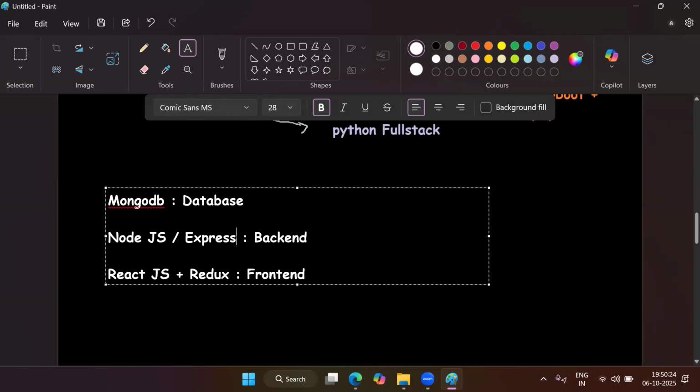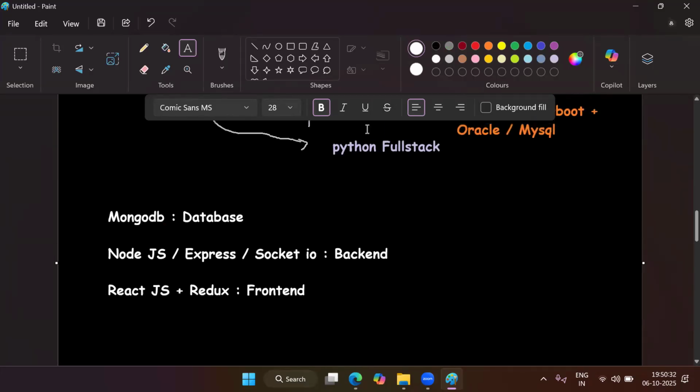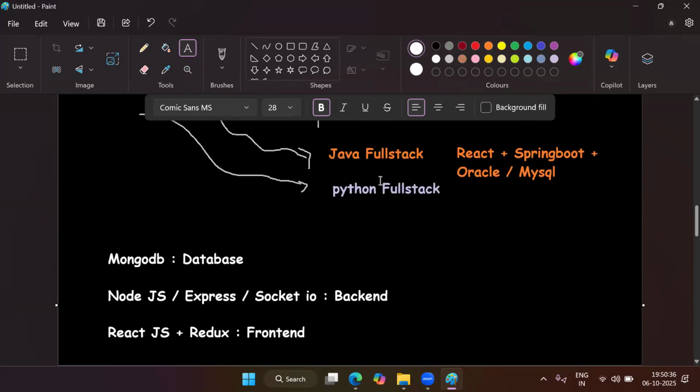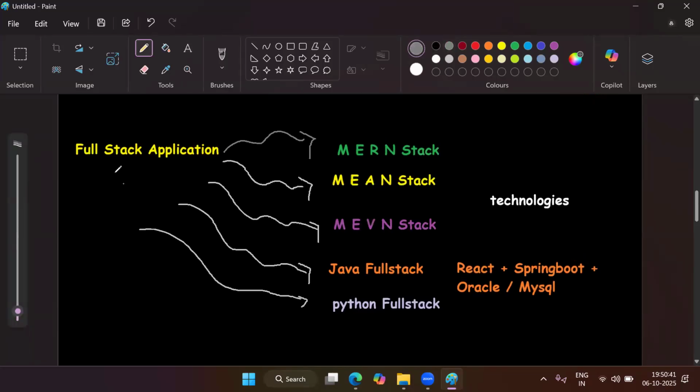And here you will also be using Socket.IO. So this will be the stack using which we are going to develop our application. Our intention is to develop full stack. Now there are so many stacks present in the market, but we are choosing MERN stack.